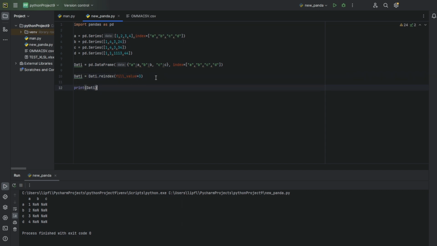But the problem is we don't add any columns. So let's add some columns, like columns equals